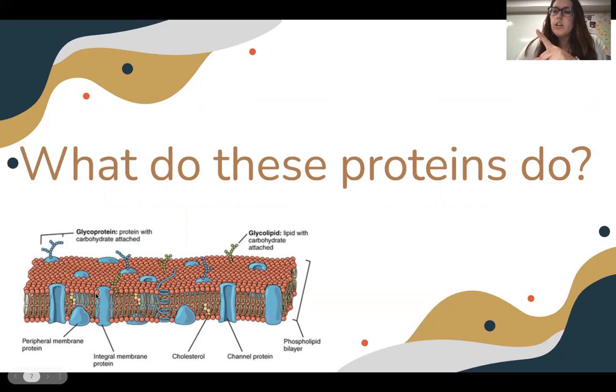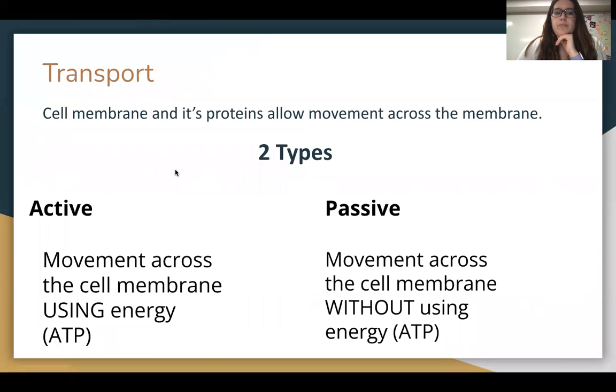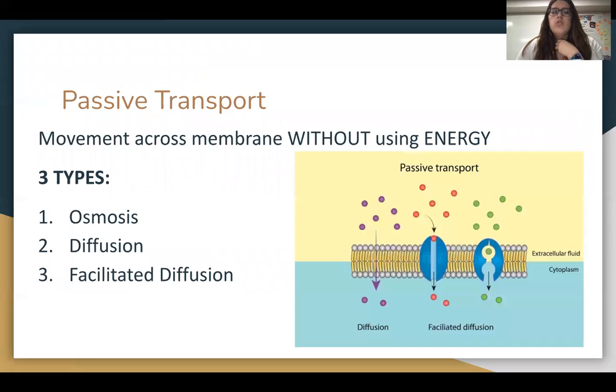So today you're going to be learning about the two different types of transport. First type of transport is called active transport, and that is movement across the cell membrane using energy, using ATP. And then you have passive, movement across the cell membrane without using energy. So one has to do with using energy, one has to do without. So it's giving that extra effort versus having it become easy. So you'll learn about these different types of